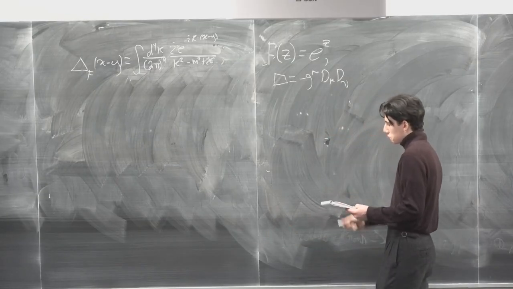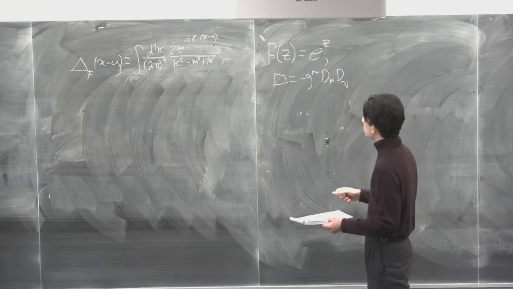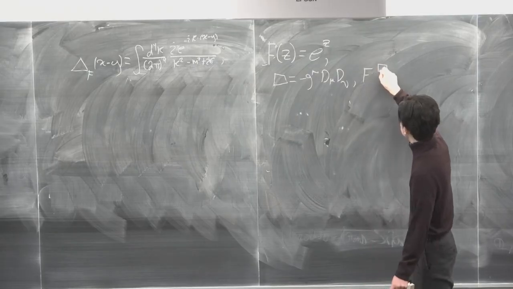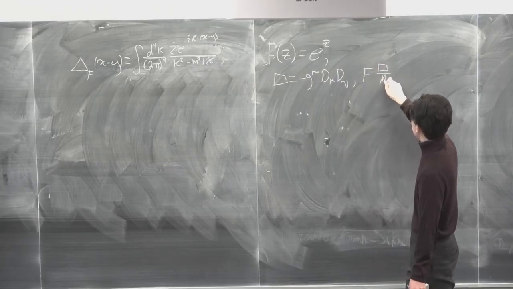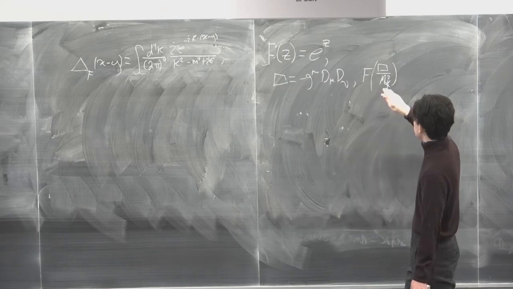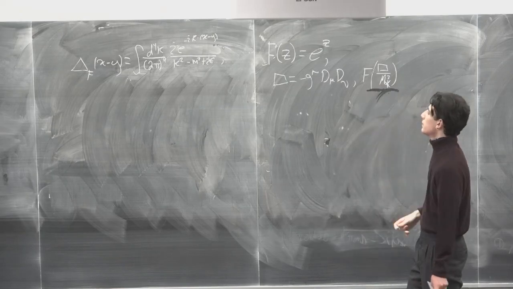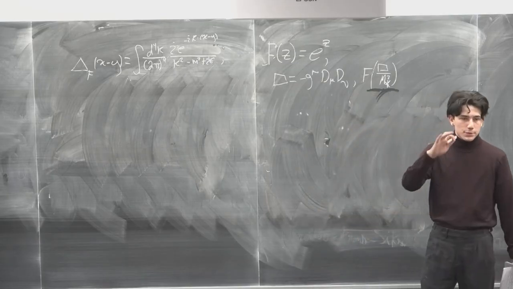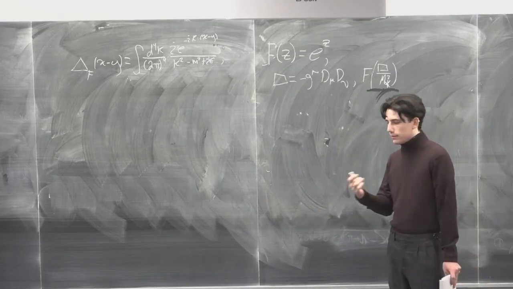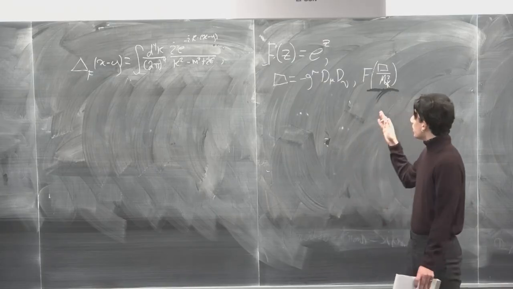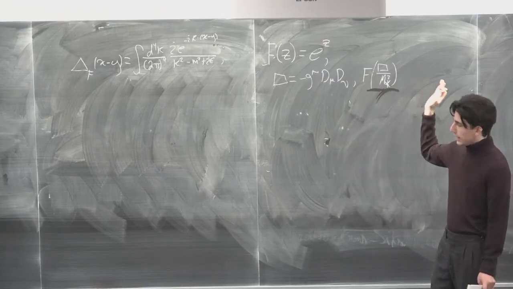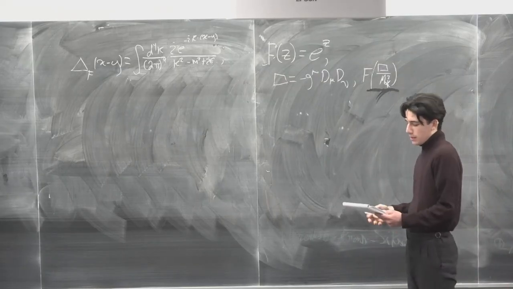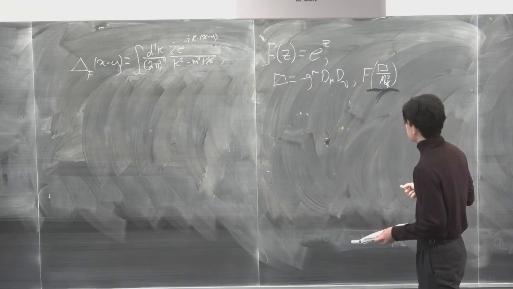So let's define this. We can write it as f of box over m star squared. M star squared is some non-locality scale. We'll just keep it general, but you can take it to be the Planck scale if you wanted to call it that. So when does this effect start to show up? Normally this is just equal to 1 for anything less than the Planck scale or your non-locality scale. So you can write it as a power series,